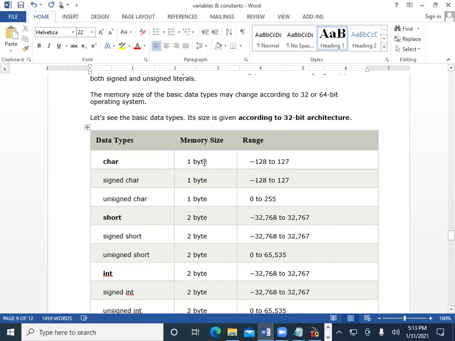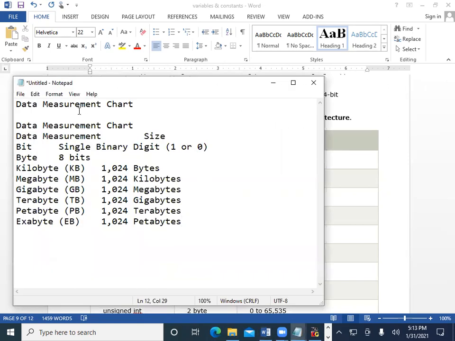Before going on with byte and bit, let's understand the data measurement. Here is a data measurement chart. In that, first one is the bit. A bit requires a single digit, either 0 or 1. Then the next one is the byte. 8 bits make 1 byte.